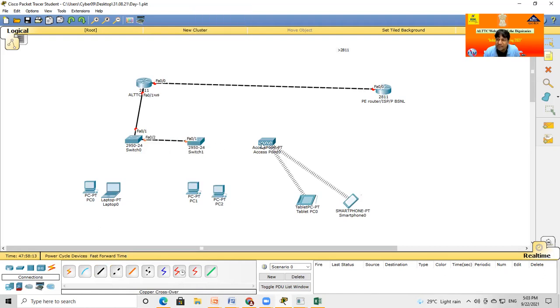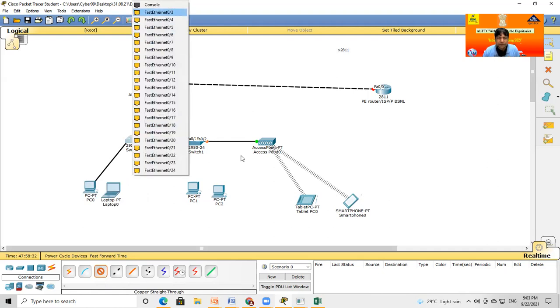Switch to access point, a different device, Wi-Fi connects with a straight cable. And switch to computer, different device, straight cable. On the computer, this is a Fast Ethernet. What is Fast Ethernet? I will discuss it in the next class. And this connects.